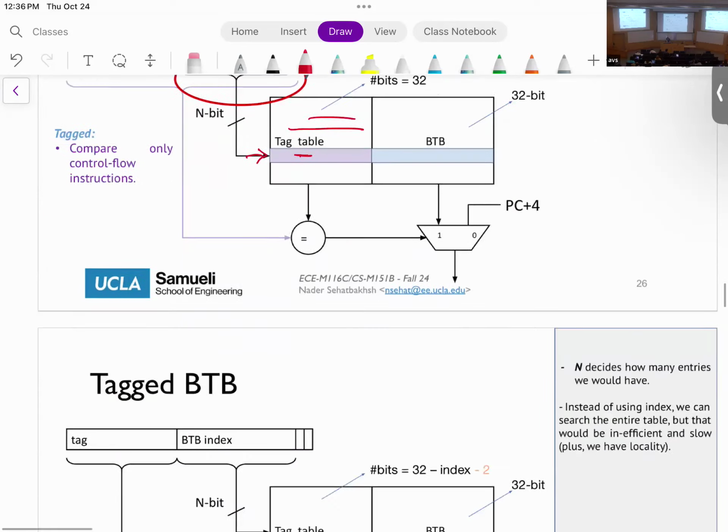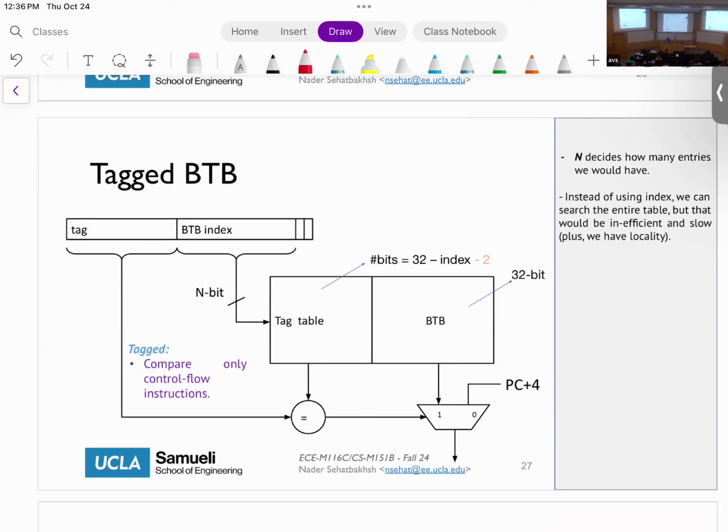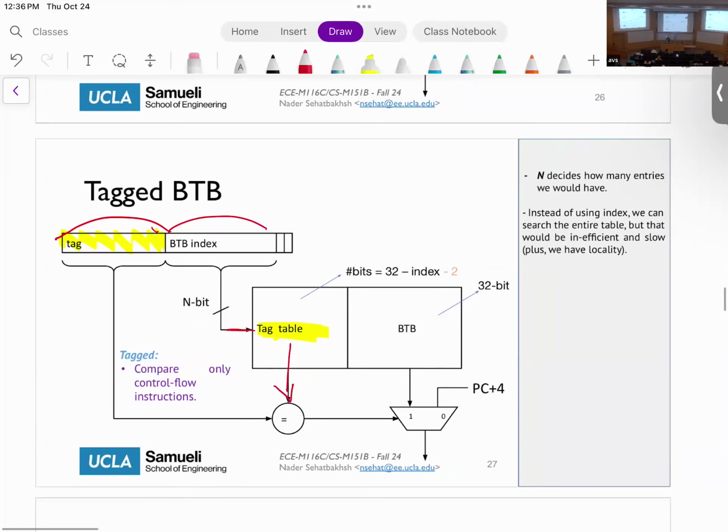So here's what I'm going to store. I'm going to store this part as my tag, okay? In order to create the address, I'm going to use this part to address this table, and I'm going to use this part for the tag part of the comparison. Why? Because